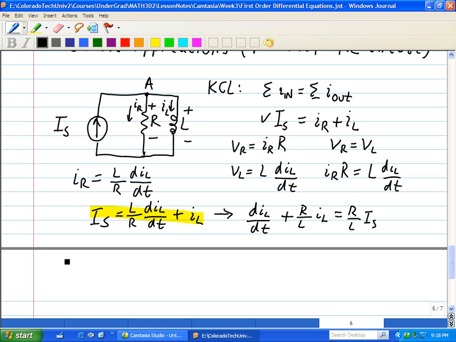So, finding the integration factor, as we did in the previous two examples, we have e to the integral of R over L dt, which is just e to the R over L t. Now, using